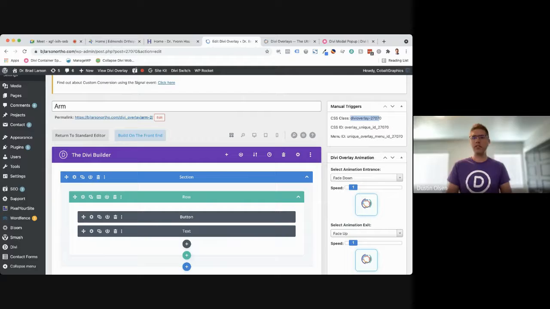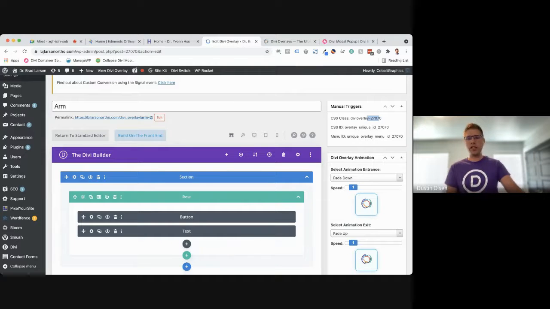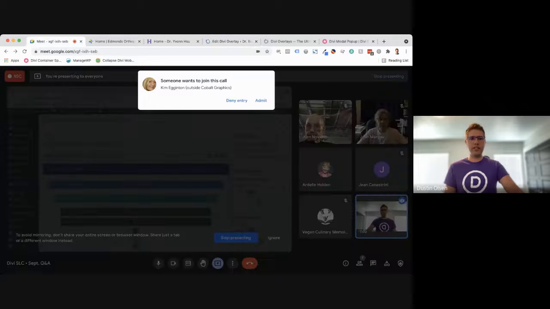And it works, but sometimes it doesn't, and it's really frustrating. That's because either the module isn't quite supporting it, or I notice it mostly with buttons, it has a hard time. But you have to use one of these in order for it to work. So you can set it all up, but it doesn't mean it's going to do anything. You have to add one of these CSS IDs or classes